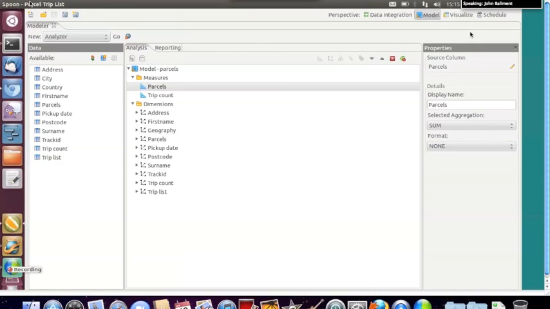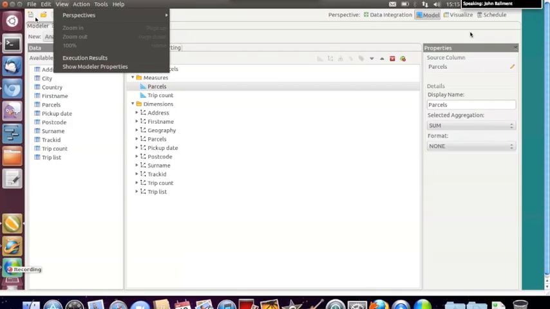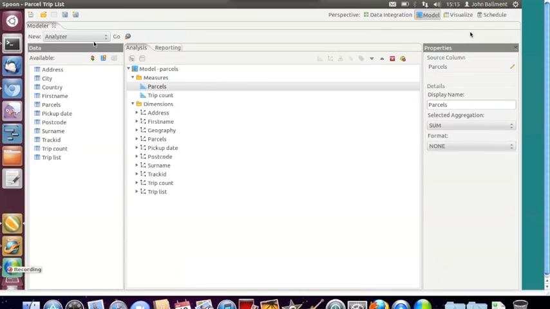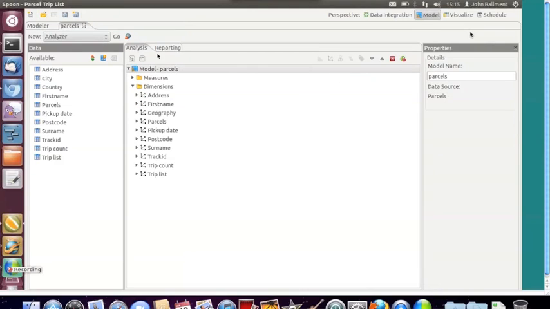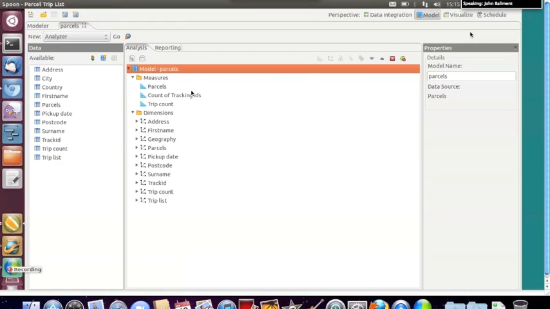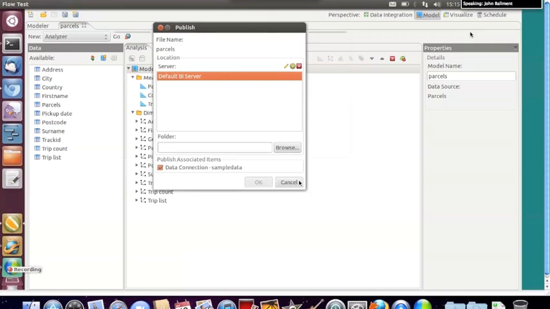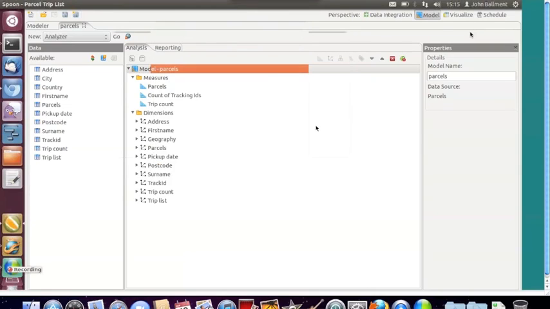and what we'll do is, rather than publish this one, we'll go and open one that I've already created. It looks exactly the same, so I just go in there and hit publish. I've got my default server definition set up, so I've just got a service running on localhost. It can be connected to, which is always good. And it's already been published once, so I'm not going to bother with publishing it again. Okay, so that's the basic setting up of